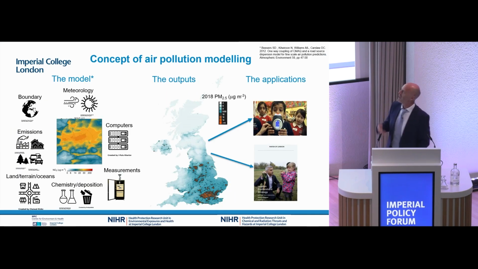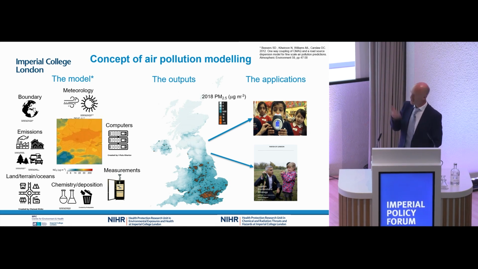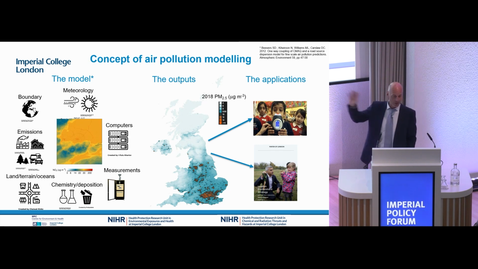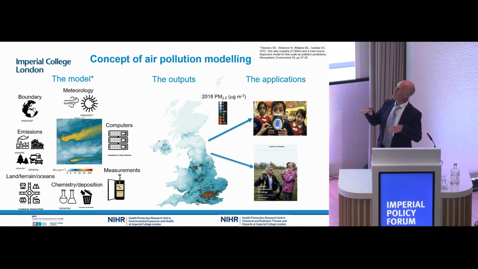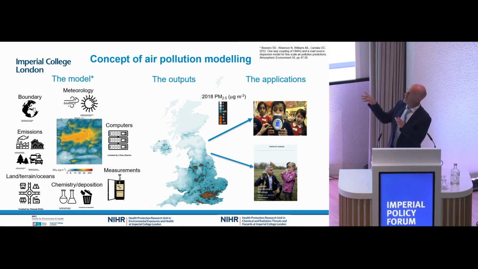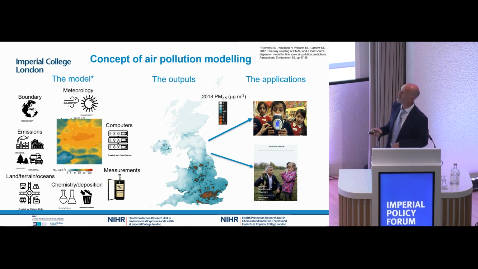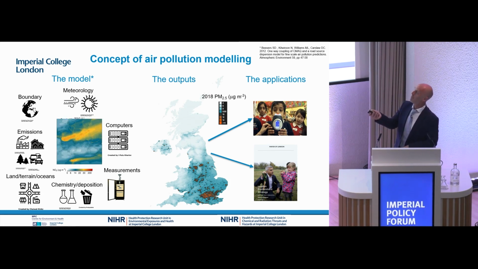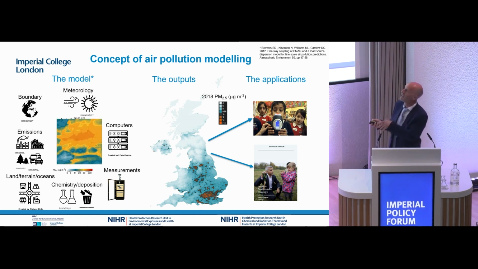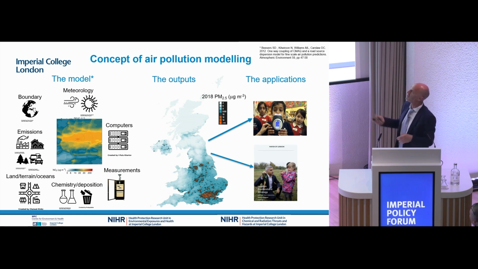I want to make sure, because the term modelling is used all over the place. It could be statistical, could be lots of different things. Our model is basically an emissions dispersion model where you need to look at emissions. We've heard about PM and all the emissions associated with those. It's not only anthropogenic, biogenic emissions are really important. Depending on where you're actually modelling, be it a single road or a city or a country, there are obviously contributions, and of course ozone's one of the contributors at hemispheric level, so you need a contribution from the